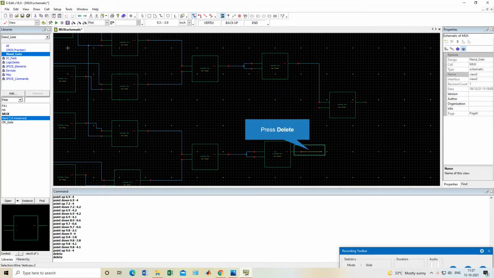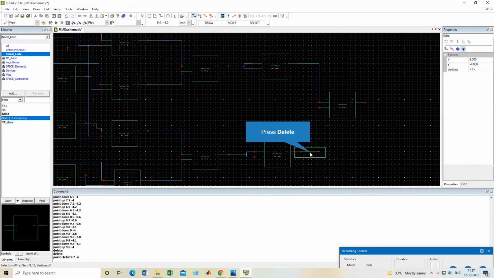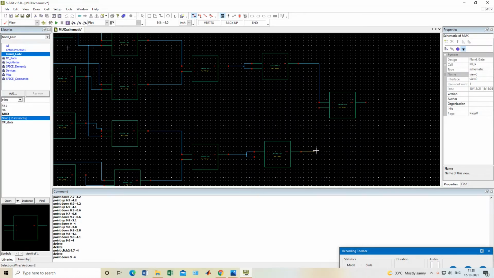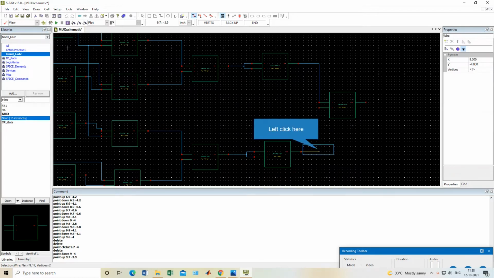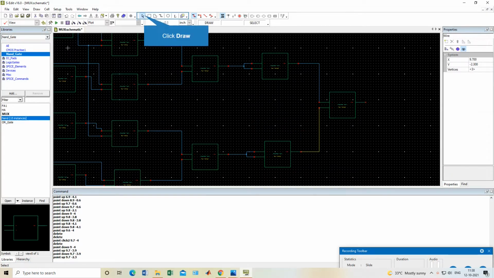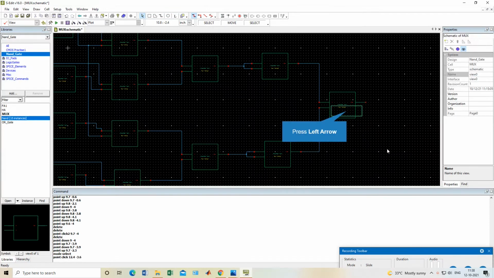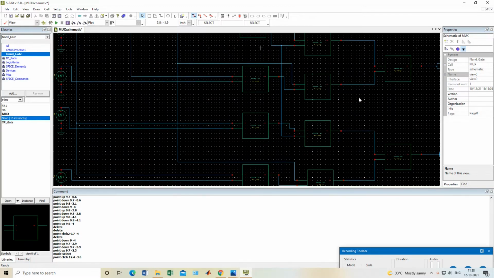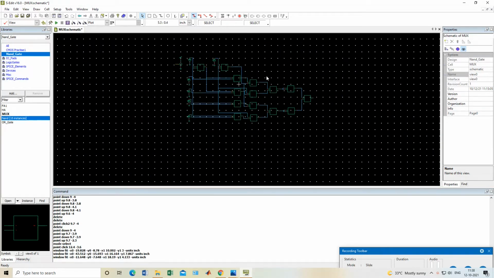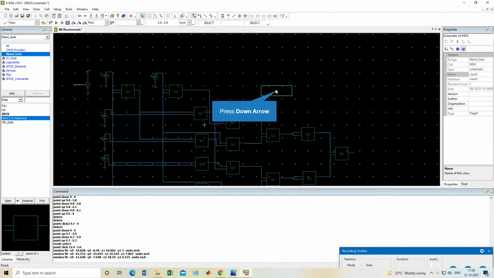Wait, wait, we will connect this directly to this place. Okay, so I think our circuit is finally completed, as you can see. Okay, this is our circuit.